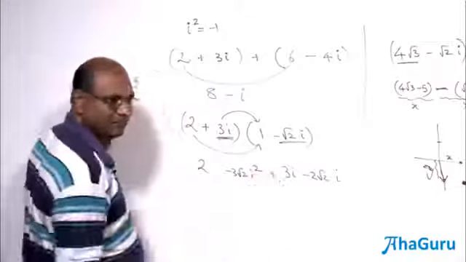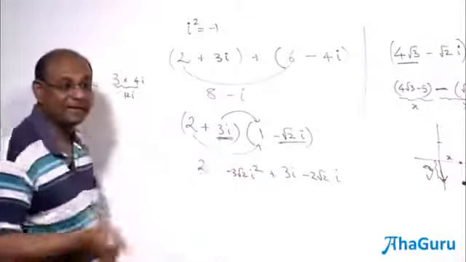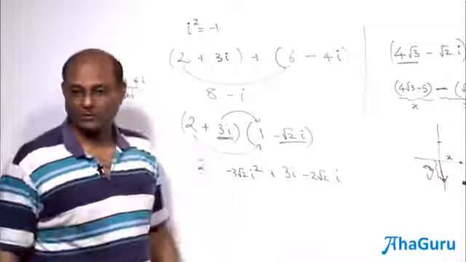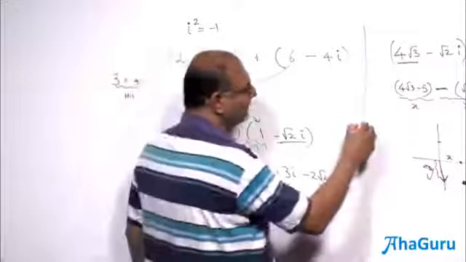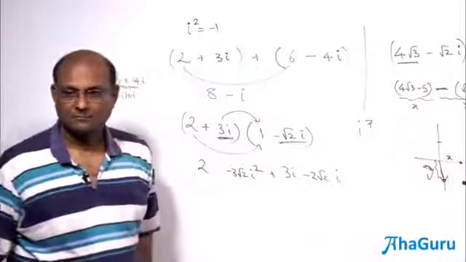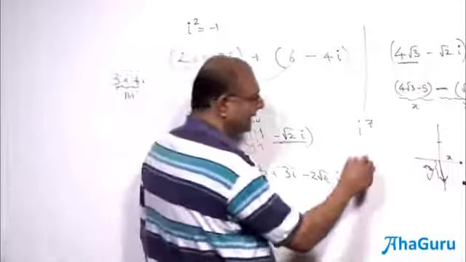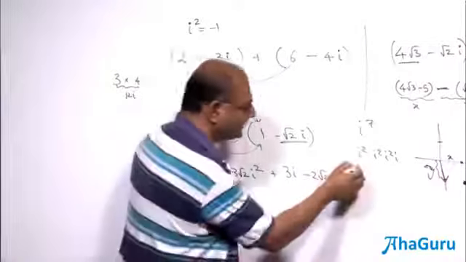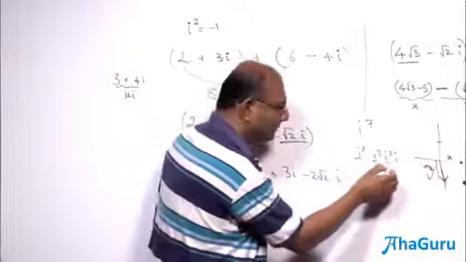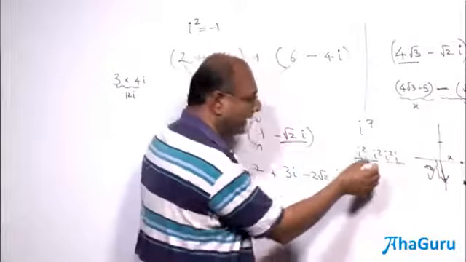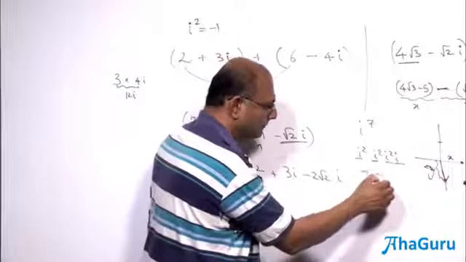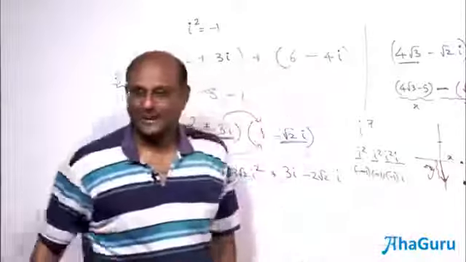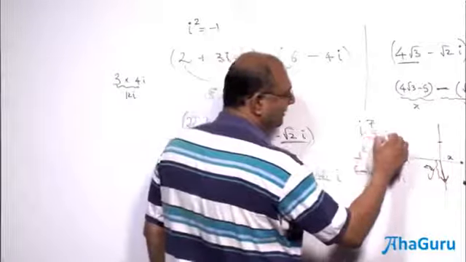Okay? And that was a plus there. But i square is actually minus 1. Every time you find an i square, immediately convert it into minus 1. What will I do if I get an i power 7? Think. So write it as i square, i square, i square, i. Okay, what is this? Minus 1, minus 1, minus 1, i. Minus 1 cubed is of course minus 1. This is minus 1 into i. Now this becomes 1, so it is minus i. So i power 7 is minus i.